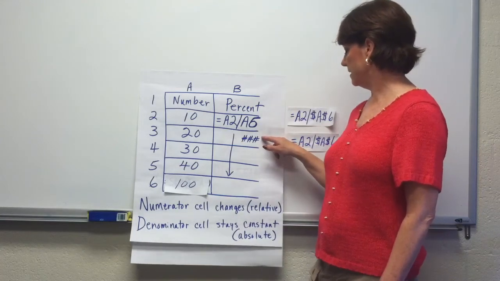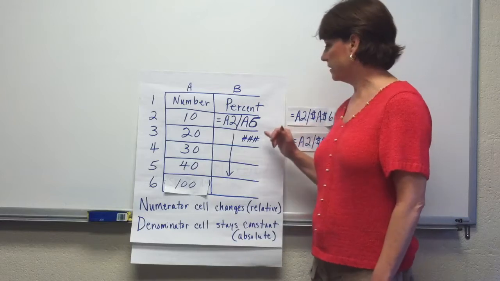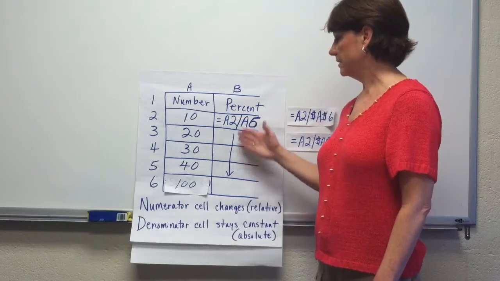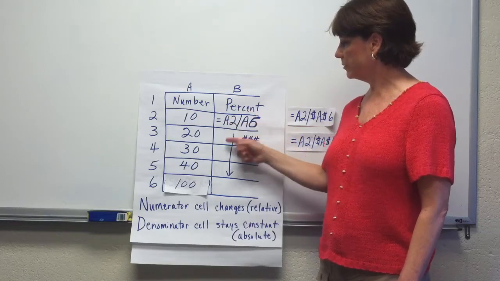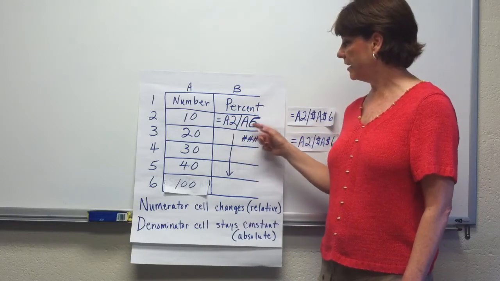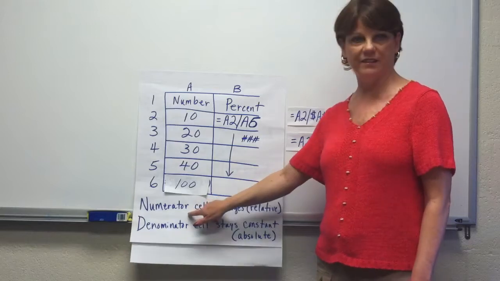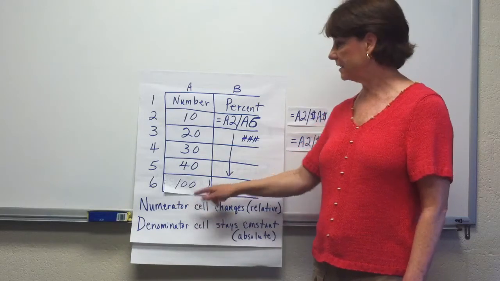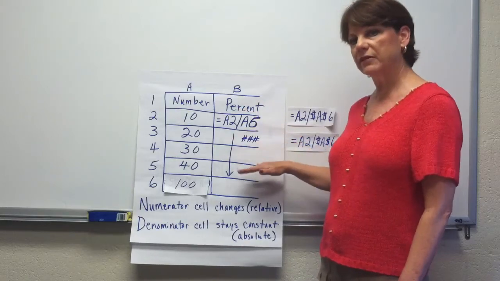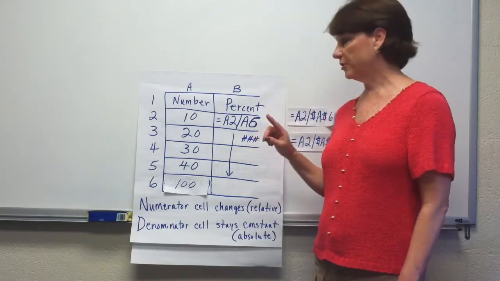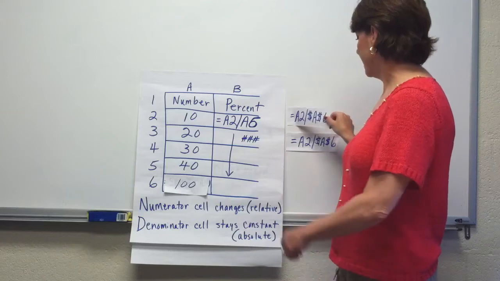The reason is that when I copy this down, and these are relative cell addresses, they change. So this one becomes A2 divided by A7. A7 has nothing in it, so I get an error. I could go through and correct every one of these, but there's a better way to do it. I can go back